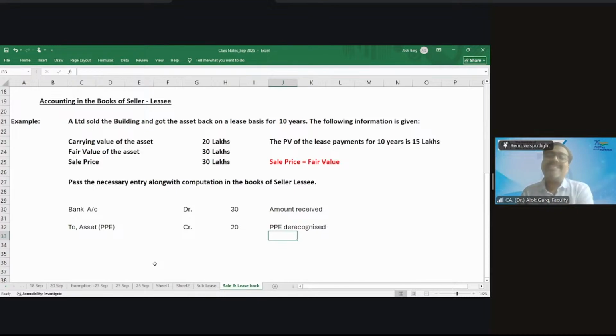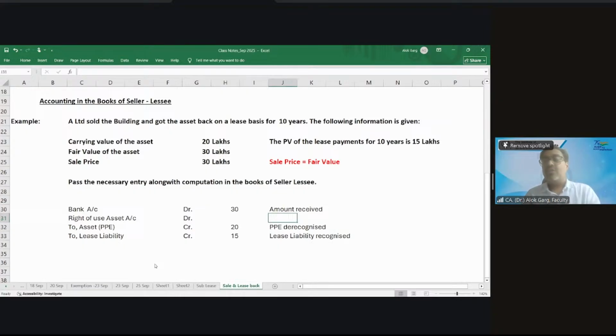So friends, in these kinds of contracts, sale and leaseback contracts, you need to look at what is the profit on the transfer of right and what is the profit on the retention of the right. Profit means what is the right of use asset on the retention of the right and what is the profit on the sale of the right. So in this case, your lease liability recognized will be 15 lakh. But what will be your right of use asset? Your right of use asset account will be debited by what value?